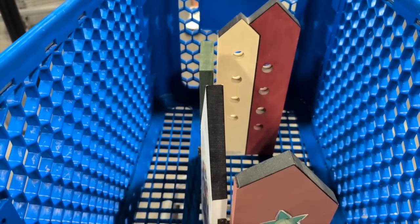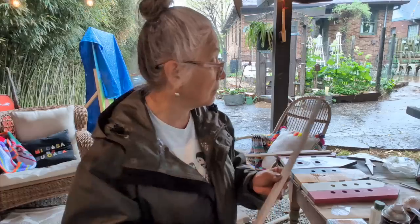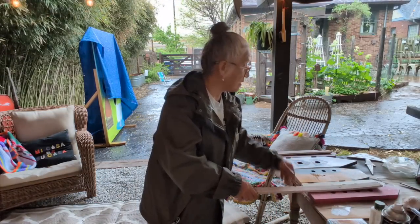I decided I wanted to make something that would go over that electrical outlet that we have out there for the pond. And I thought I would get a birdhouse and stick it over that. So I went to Target and I didn't like what they had. I went to Meijer, I didn't like what they had. But good old Goodwill had what I needed. I just want something that you can move out of the way very easily if you have to get into that outlet cover. So I found this little,